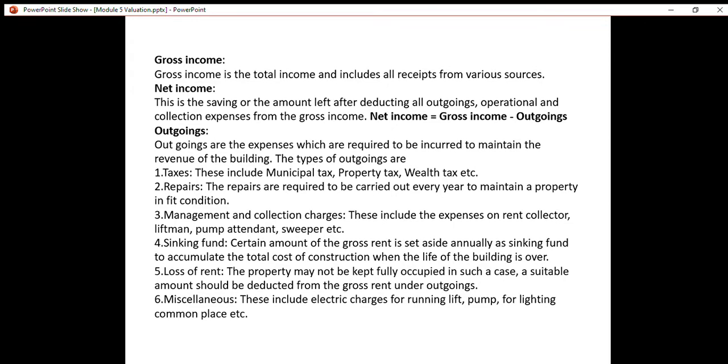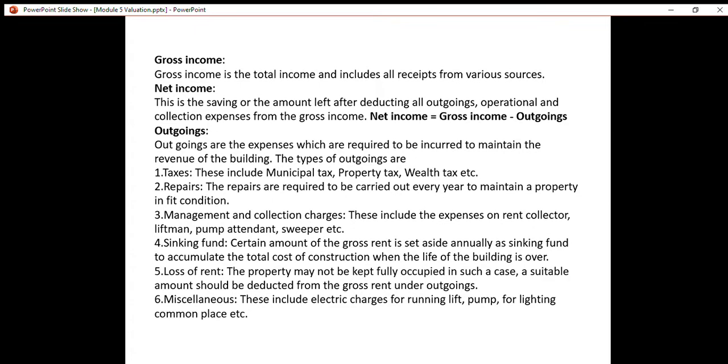Gross income. It is the sum of all earnings of a person from various sources. Example, earning from business, agriculture, tuition, bank deposits, mutual fund, commission, etc. Net income is equal to gross income minus outgoings. The outgoings are the expenses incurred for taxes, rent, bills payment, fuel, loan interest, etc.